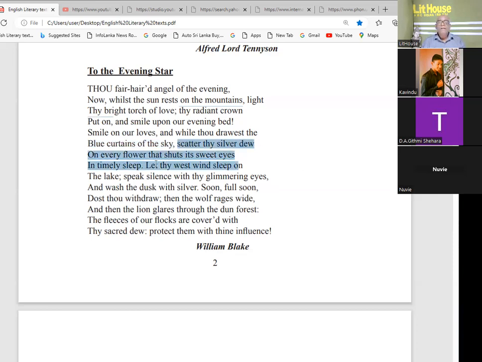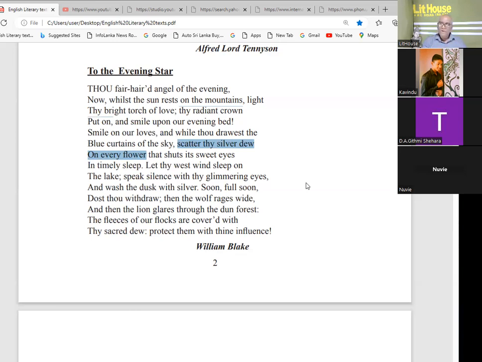scatter thy silver dew on every flower. Scatter. Scatter means sprinkle. Scatter water. Silver dew means silver water. But we really know the evening star does not have silver water. She has silver light. Thy silver dew means silver light, like water. Sprinkle that silver water, silver dew, on every flower,